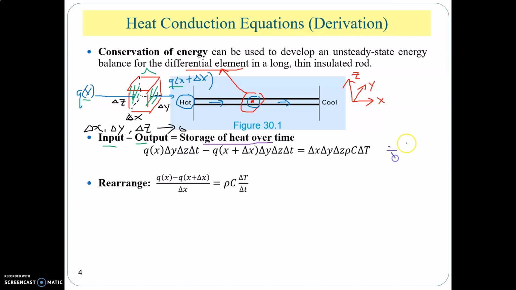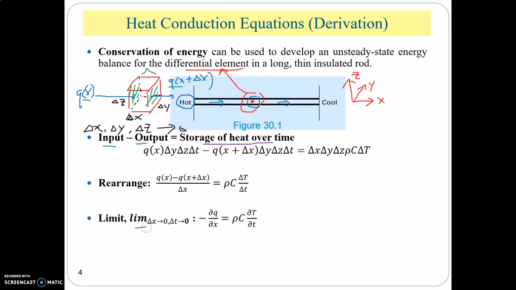Then we can divide delta y, delta z on both sides. This term can be removed, and then we continue divide it with the delta x on both sides. So this can be removed, and then you divide it with delta x here, and you continue to divide with delta t, and this term can be removed, and you need to divide with delta t on your right hand side. So with that, you should be able to obtain this equation